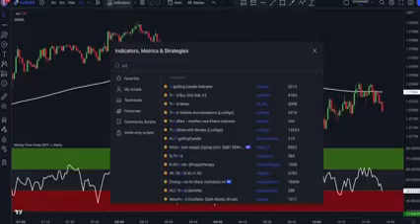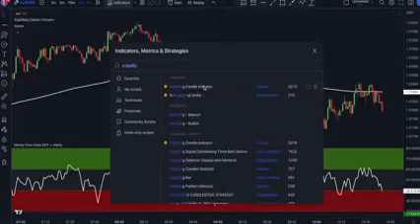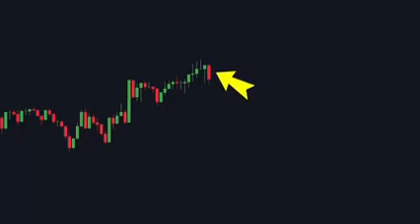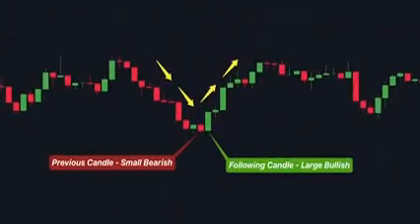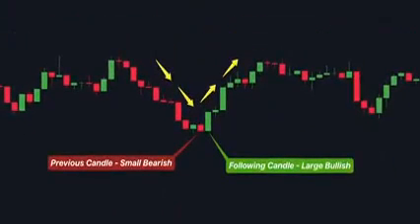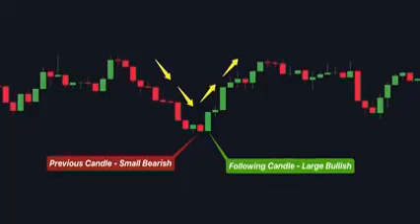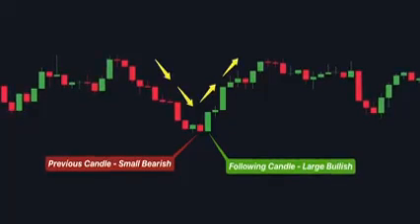Okay, so let's add the last piece of our strategy, the engulfing candle indicator. An engulfing candle is a type of pattern used in technical analysis to indicate a potential trend reversal in financial markets. It occurs when a small candlestick is completely engulfed by the next larger candlestick. There are 2 types of engulfing patterns, bullish and bearish. A bullish engulfing happens when a small red candle is followed by a larger green candlestick that completely engulfs the